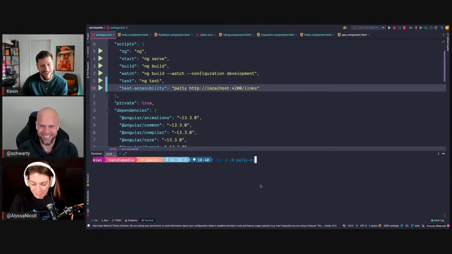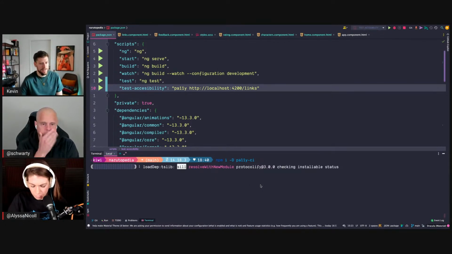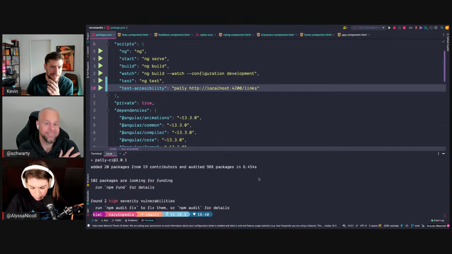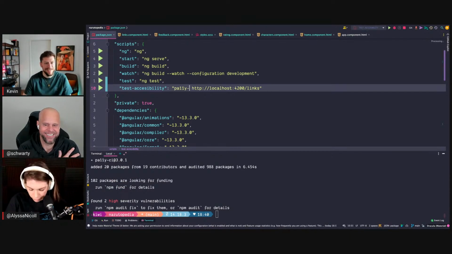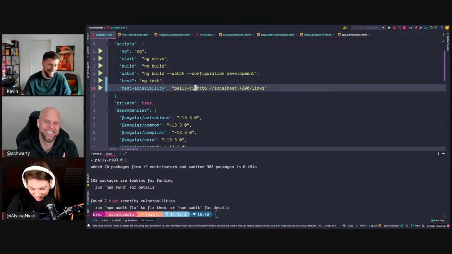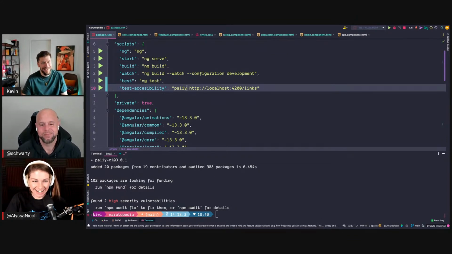But again, we can install the PolyCI as a dev dependency. So npm install during a live presentation, always a good idea. But always. It's only a small change. I already pre-warmed the cache, so there you go. Tricks of the trade. So we can change the Poly script to PolyCI. Instead of using the Poly, we will use the PolyCI, which under the hood then uses the Poly script.